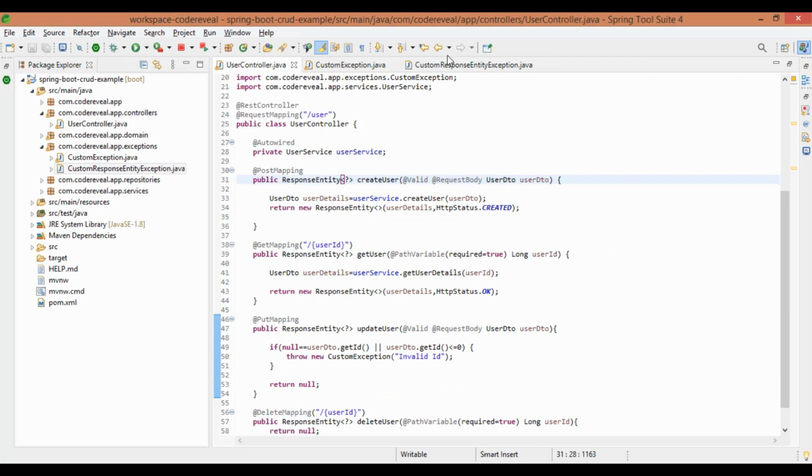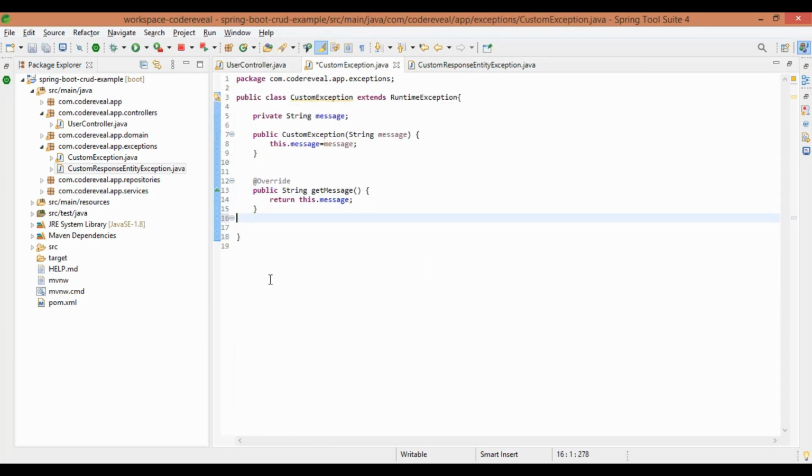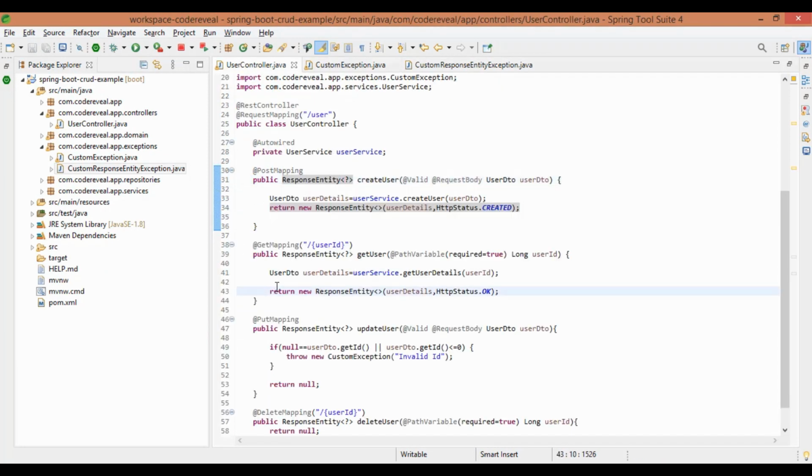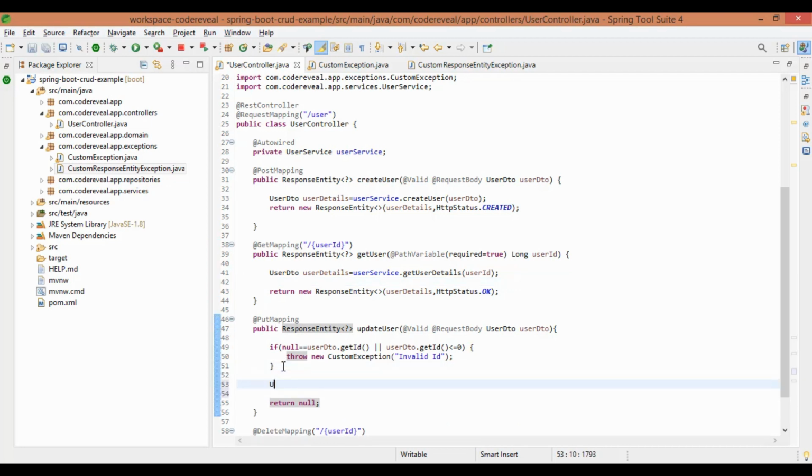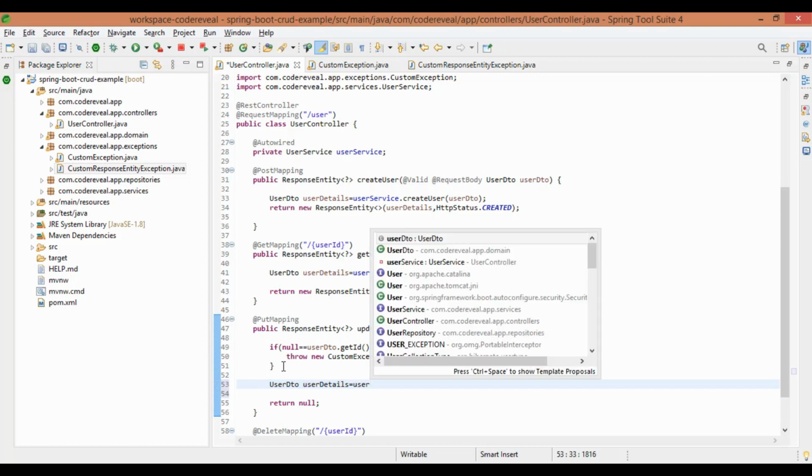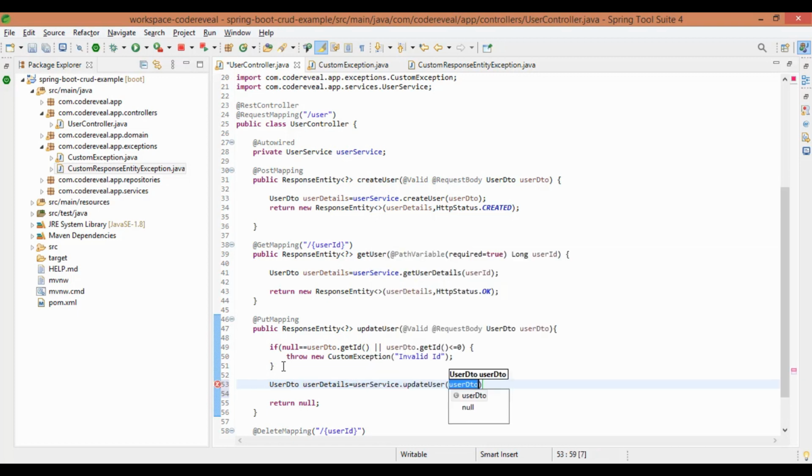Now we have to store the user detail. As we have handled the user ID exception, now we have to store the user detail in the table. For that we are going to call the user service layer.